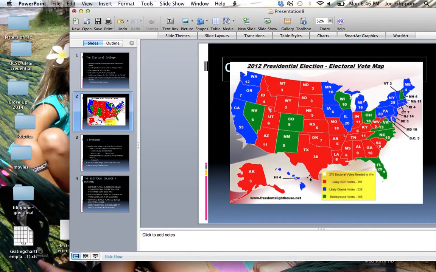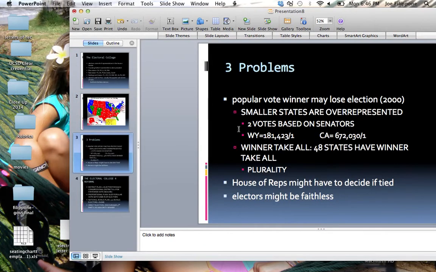That's happened a few times, but the last time was 1824. Okay, let's look at some problems of the Electoral College. The popular vote winner may lose the election, which happened in 2000, when George W. Bush beat Al Gore. Al Gore won the popular vote, I think, by a little over 500,000 votes, but lost the